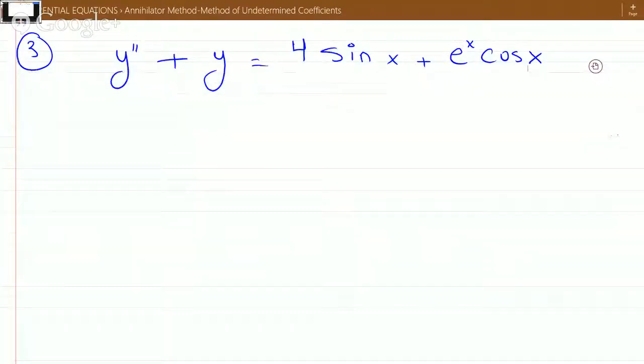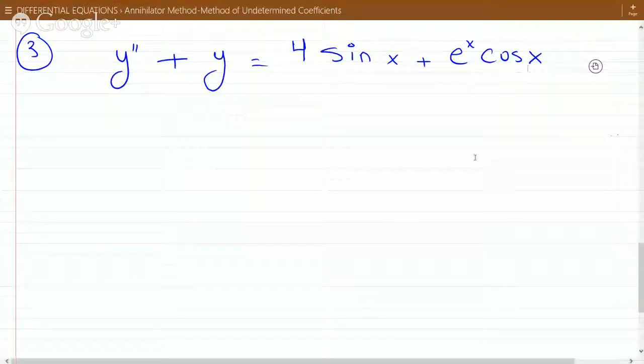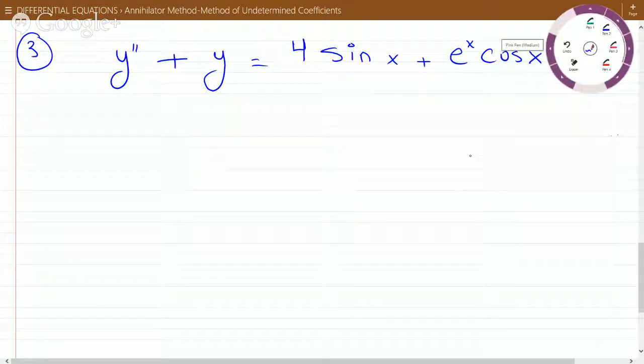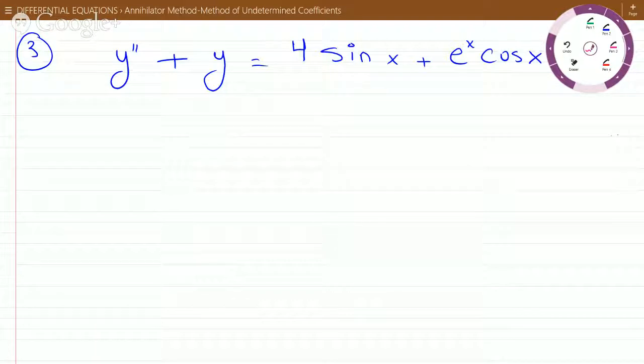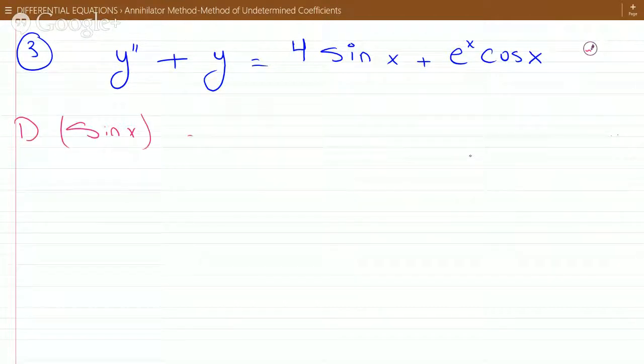So here we have 4 sine x plus e to the x cosine x, yeah? And we have to use the annihilator method. Now, as far as the sine goes, it should be straightforward. You agree? So the annihilator for sine x: well, the derivative of sine is cosine, and